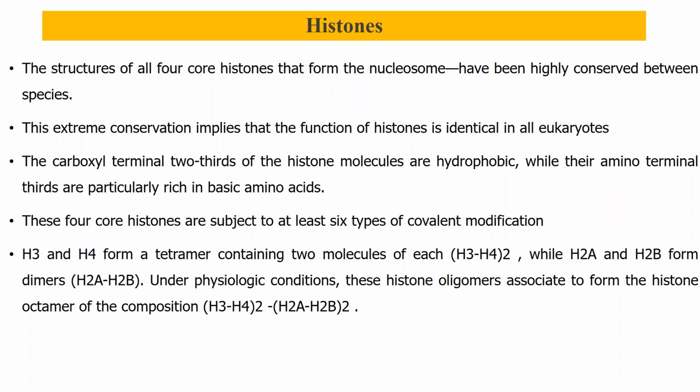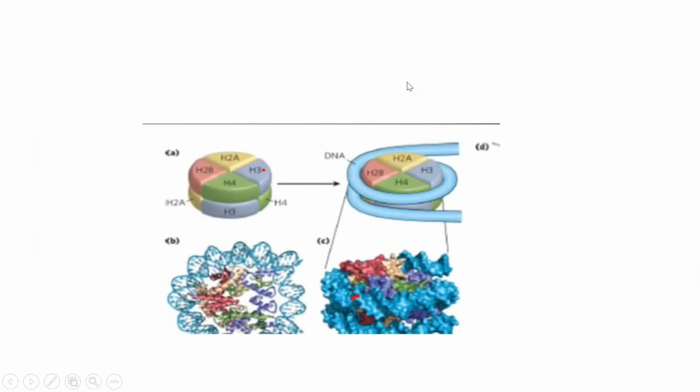So H3 and H4 they form a tetramer containing 2 molecules of H3H4. ठीक है, पहले तो H3H4 का जो गया. H2A and H2B they form another dimer. Under physiological conditions, these histone oligomers associate to form histone octamer where the composition H3H4 के 2 और H2A H2B के 2. ठीक है? So you can see here कि